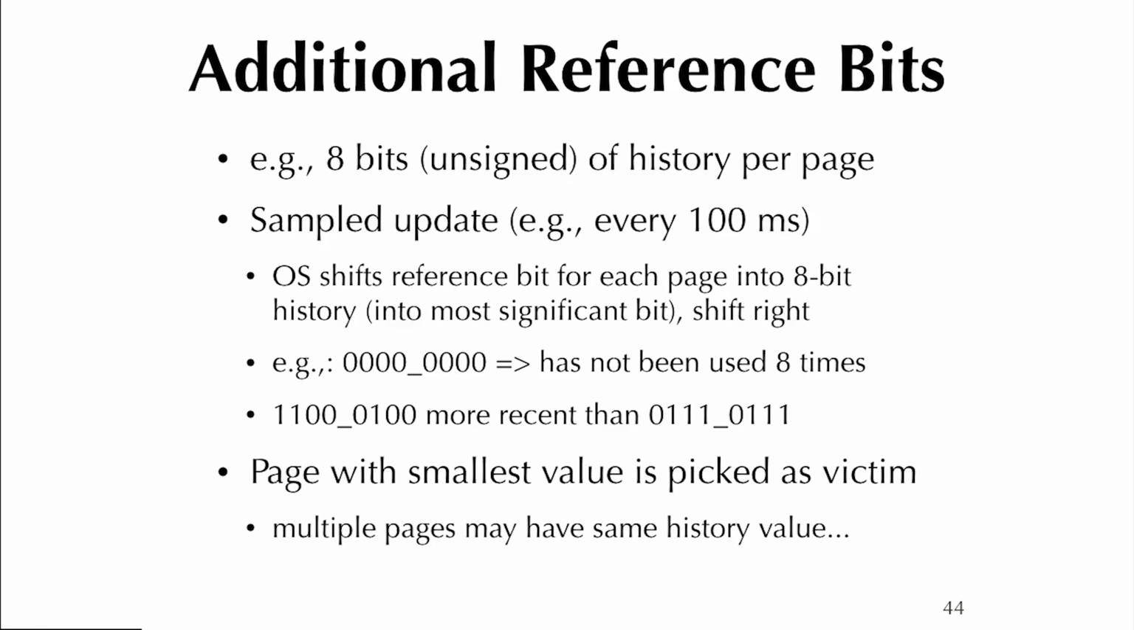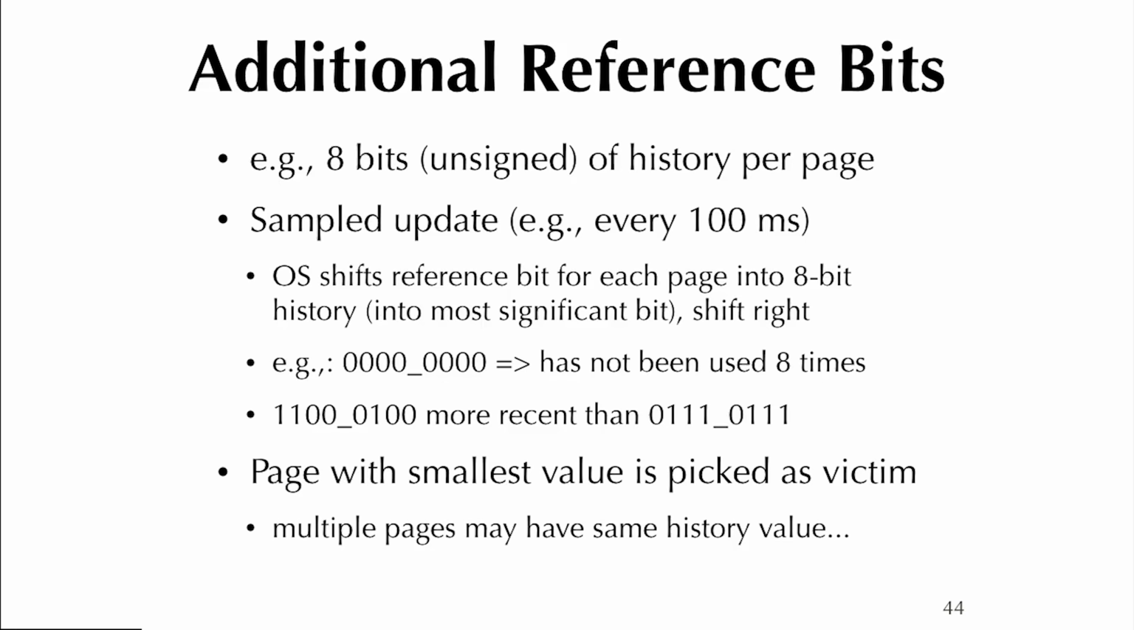Now, one would be what's called additional reference bits. So what does that mean? That means in addition to that reference bit, you actually save and accumulate additional bits. So once in a while, maybe once every 100 seconds, not that often, but a few times a second,